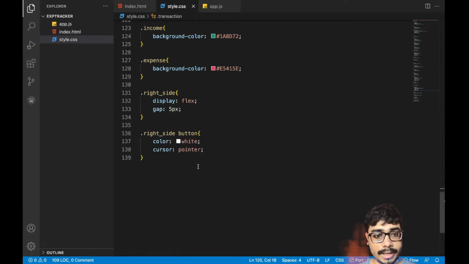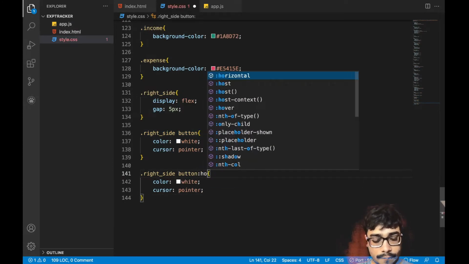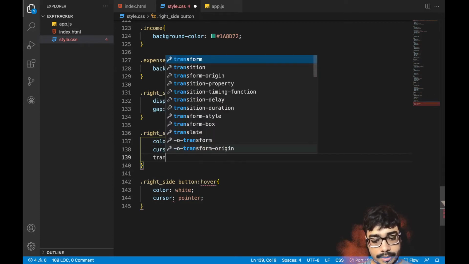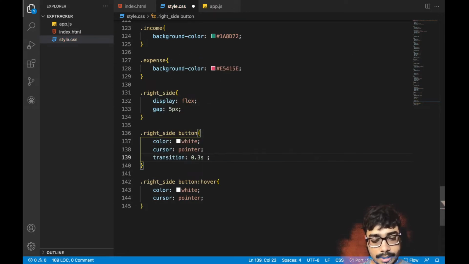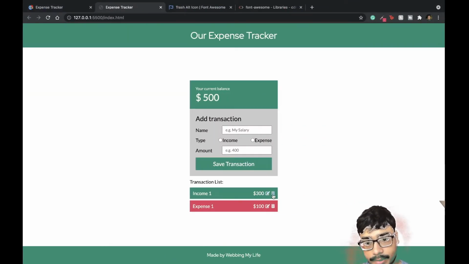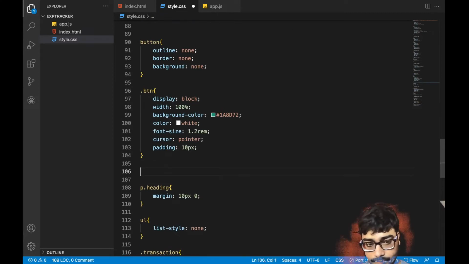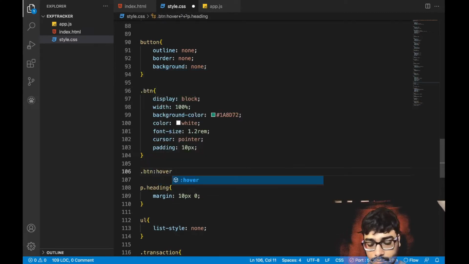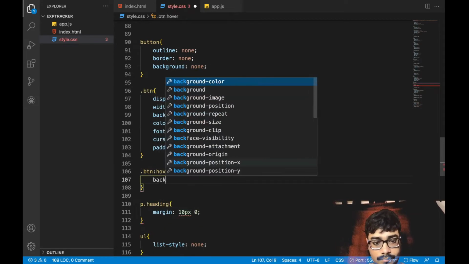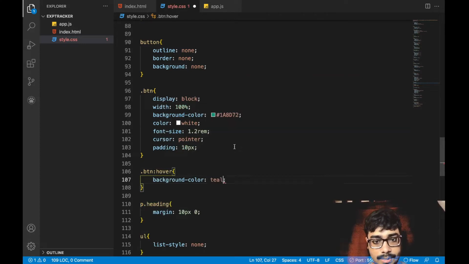Just we need to add the hover style. Right side button hover, transition 0.3 second is color. Color will be sky blue, and let's just save and see the hover colors are appearing. And on the hover of save transaction, let's just darken it. Color will be, let's say, teal, because I guess it is very close to teal, so the changes